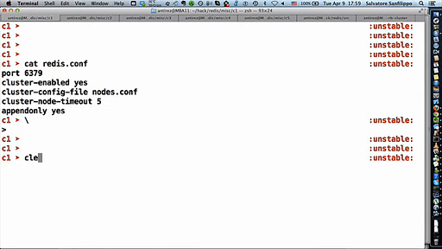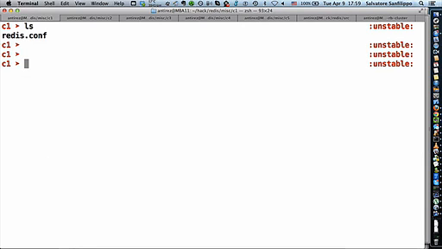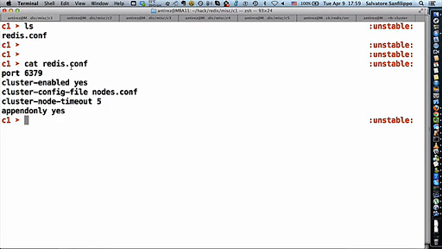So the first thing to do is to create a new cluster from scratch, and to do so we start with a few spare nodes. To create a Redis cluster node we need a Redis configuration enabling it, and as you can see we have cluster-enabled